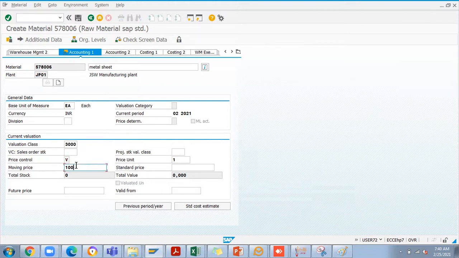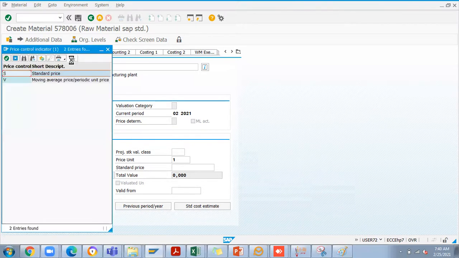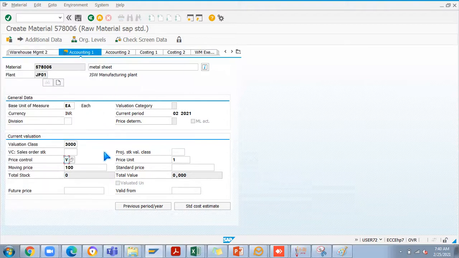I'll explain this also in a future session. Just keep a note of all these things. When I get into the material master session, I'm going to completely clear all your doubts regarding price control. What is price control V? What is S? How will it be managed? I will tell with a real time example how the price will vary and how that will get calculated automatically. If it is now 100, then how it will become 120 when you raise the PO with different values. I will show all the real time business scenarios.